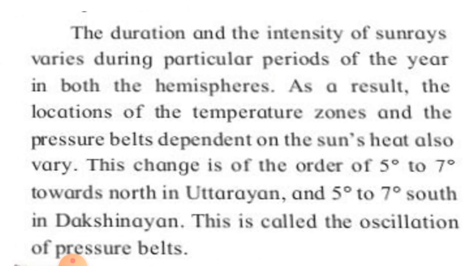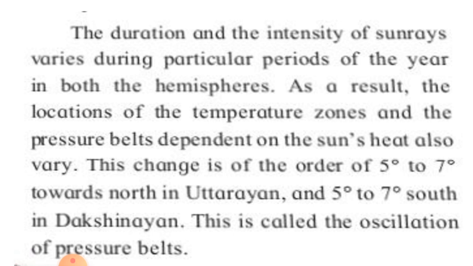Dear student, the duration and the intensity of sun rays varies during particular periods of the year in both the hemispheres. As a result, the locations of the temperature zones and the pressure belts dependent on the sun's heat also vary. This change is of the order of 5° to 7° towards north in Uttarayan and 5° to 7° south in Dakshinayan, and this is called the oscillation